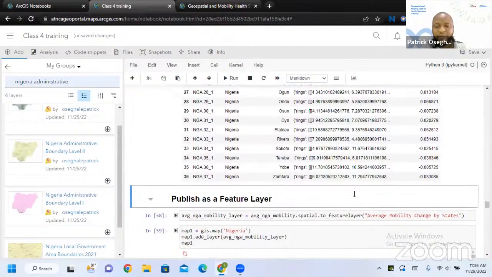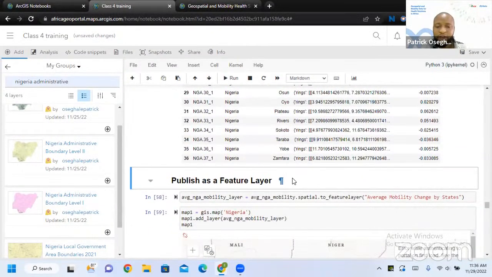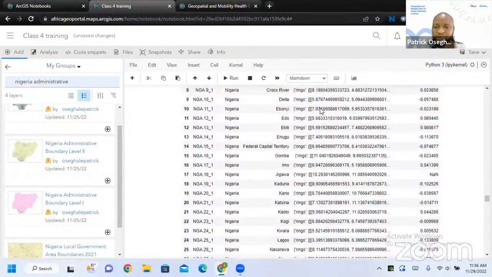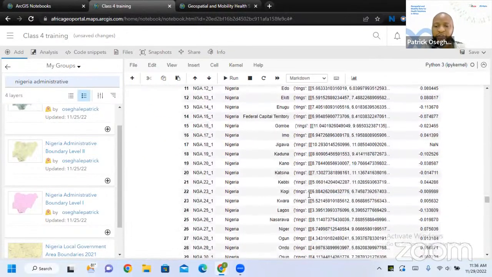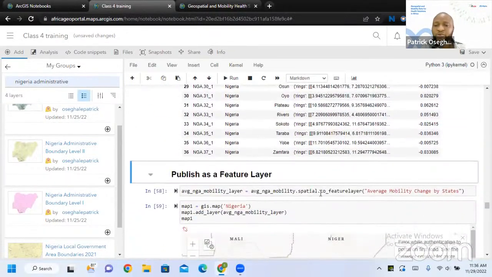To do that, I'll use the publishing function, which is a spatial data frame. It has a spatial attribute, which is the geometry shape. And I'll just turn it to a feature layer using spatial to feature layer. This automatically turns it to a feature layer, which I imported in the initial state, because I'm trying to prepare it to go back to the map.